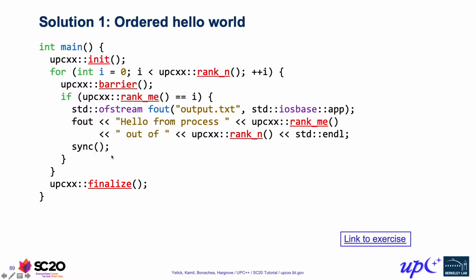And on some systems, we also need a sync call to flush the output to the file, so that when the next process actually prints, the output is already there. The main point of this exercise is to demonstrate that we don't get free synchronization. All the processes are running the same code image, but they're not synchronized in any way. And the only way that we get synchronization is by explicitly asking for it. In this case, we used a barrier to do that. And we'll see that a similar thing applies to other operations as well.